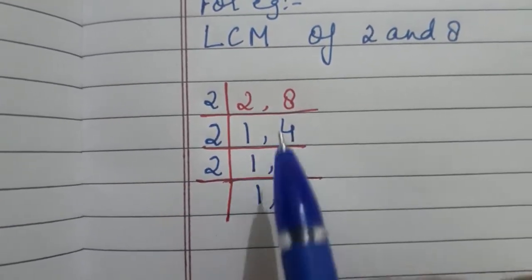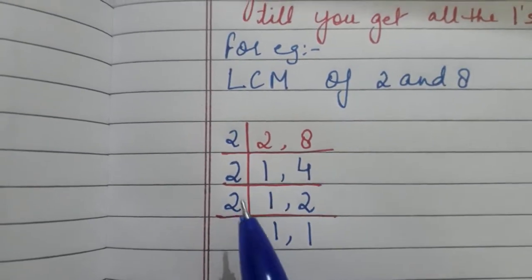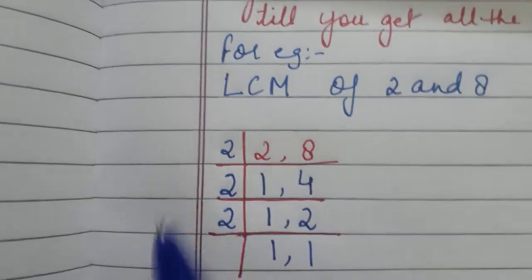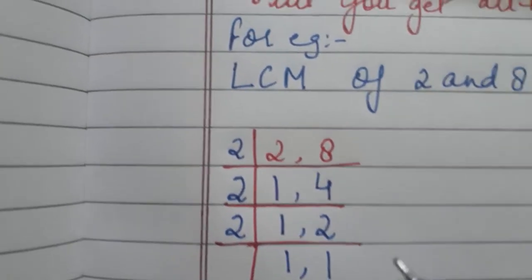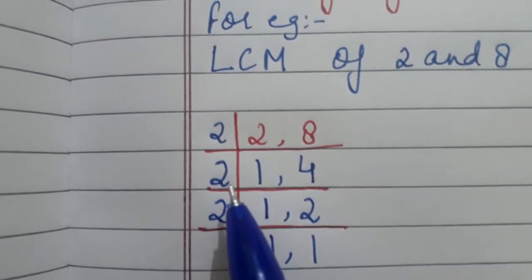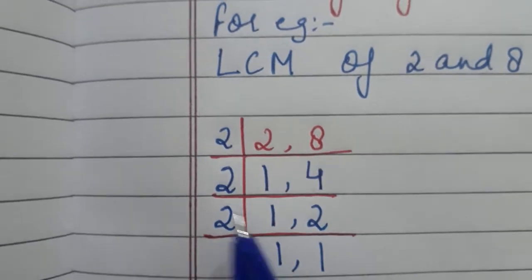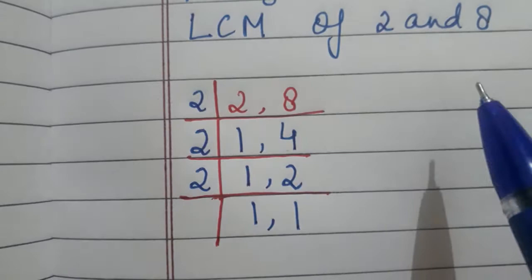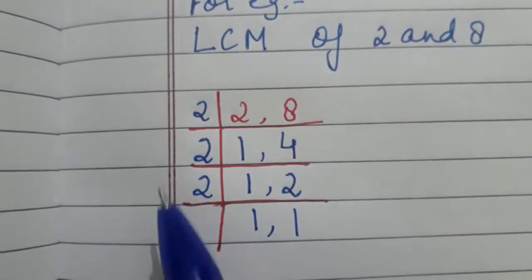We will continue dividing the number by the next smallest number, but we are not going to use the next smallest number. Why? Because this number is still divisible by 2. So we will keep dividing the number if the number is divisible by 2. Children, all the even numbers are divisible by 2, so don't try another number, keep dividing the number by 2 only. If you get any number which is not divisible by 2, then you go to 3. If not 3, then only switch to 5.